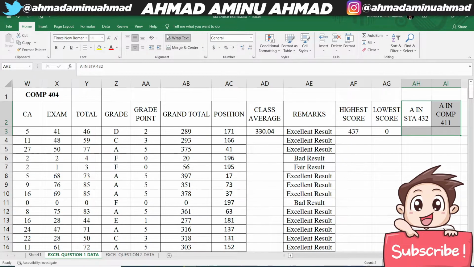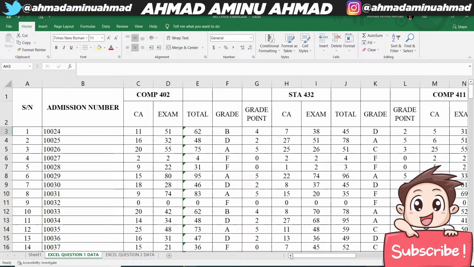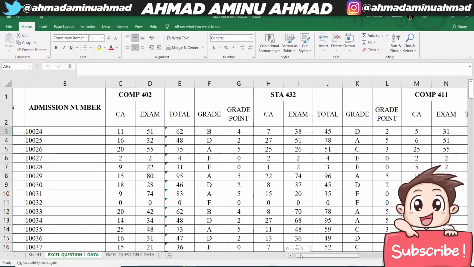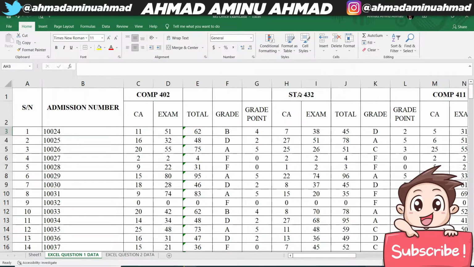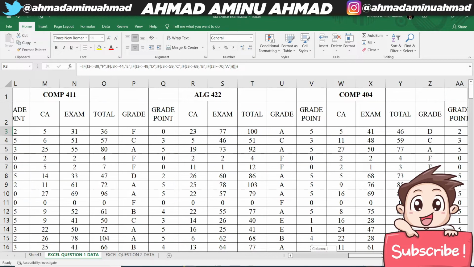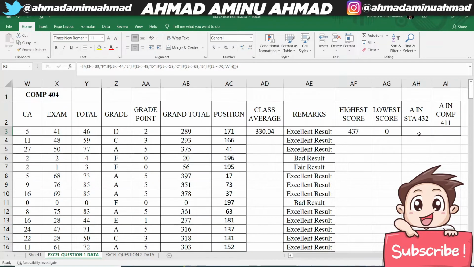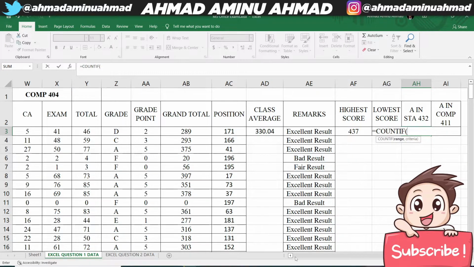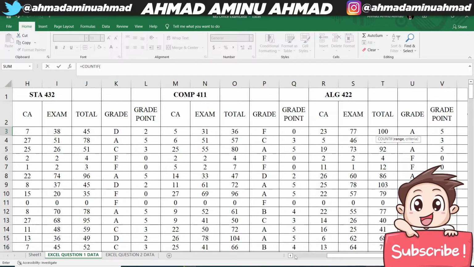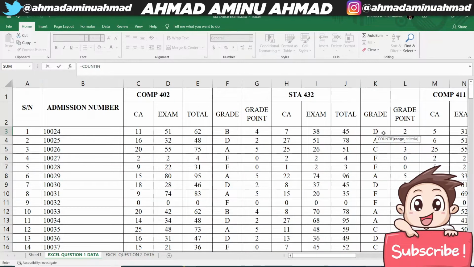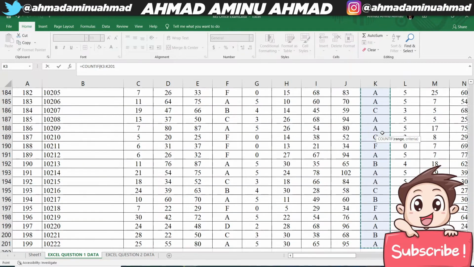So this is what we are going to do. We are going to use the COUNTIF formula in order for us to count how many A are in STAR 432 and A in COM 411. So in order for us to do that, we are going to use this grade and that grade. So let me just apply the formula here now. I'll just say equal sign COUNTIF. Where is my range? So this is STAR 432. This is the range. I'll just highlight the range and put